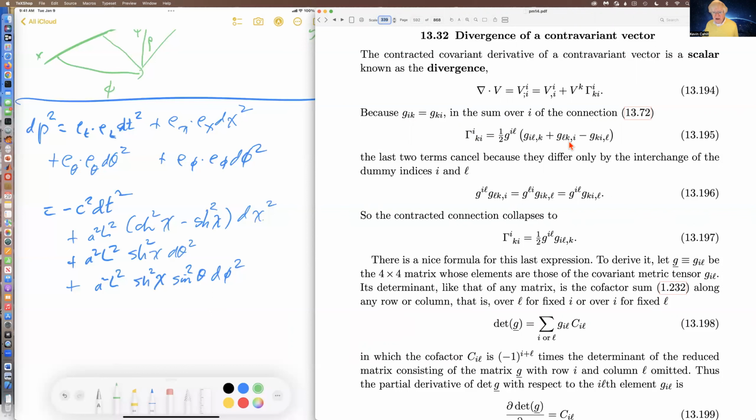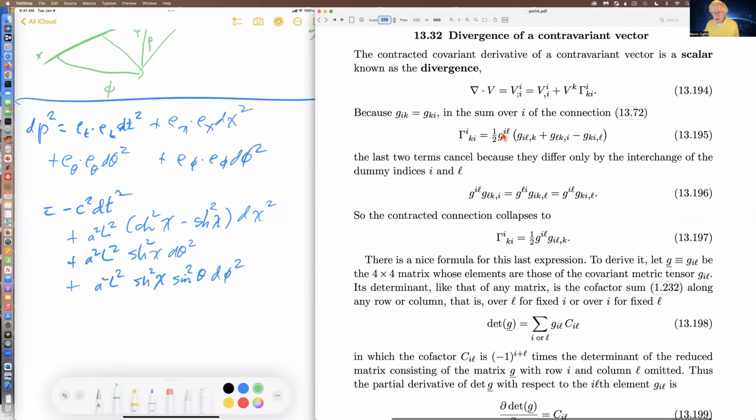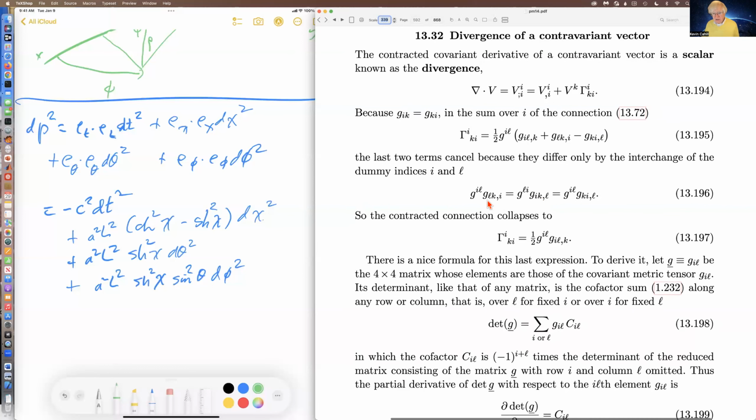two of these terms cancel. The last two terms cancel because, well, it's a little bit involved because it involves the g^{il} times g_{lk}, and g^{il} g_{lk,i}, well, that's going to be the same thing as g_{li}. And